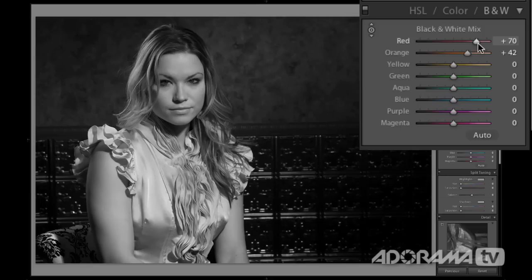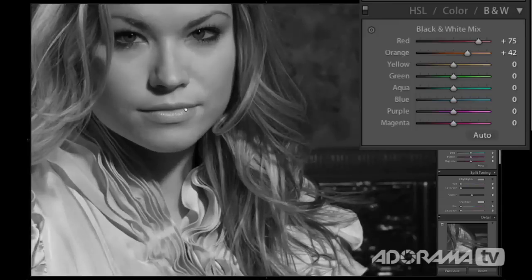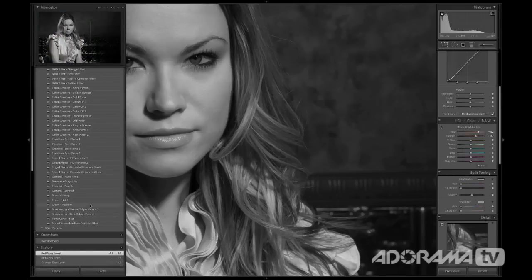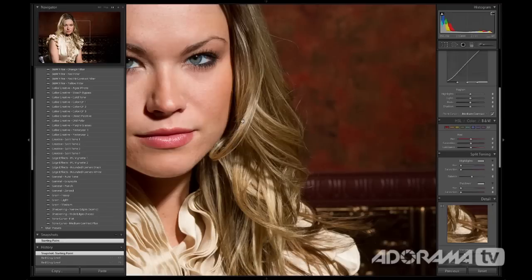Now another thing to note, there's a lot of work we'd have to do on her eyes. But specifically, we have an issue with the lips. Because these lips have red lipstick, when we go in here and adjust the background, we're also adjusting her lips. And that's something that we would not want to do. So what we would do, if we had a great makeup artist, or if you had somebody that could do this for you,